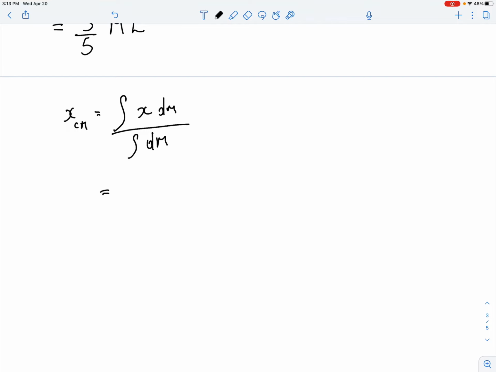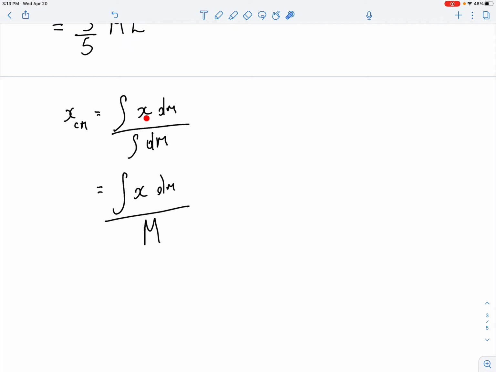There's a way your books usually explain this: the center of mass is you're taking all the masses times all the distance from a particular location, divided by the total mass. That's why you could have the integration, because you're summing all the masses up together. So I could rewrite this as the integral of x dm over m, where m is the total mass. Because the integral of dm should be m. Makes sense to me. But once again, you're going to have the same issue that you had before.